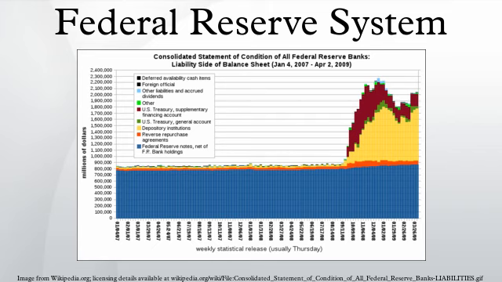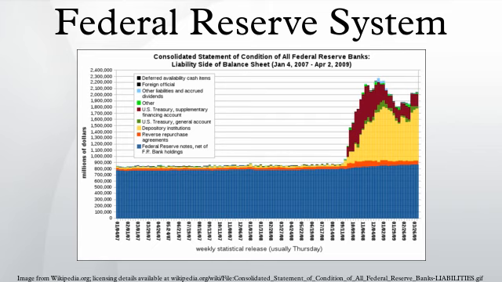The U.S. government receives all of the system's annual profits, after a statutory dividend of 6% on member banks' capital investment is paid, and an account surplus is maintained. In 2010, the Federal Reserve made a profit of $82 billion and transferred $79 billion to the U.S. Treasury. Purpose: the primary motivation for creating the Federal Reserve System was to address banking panics.